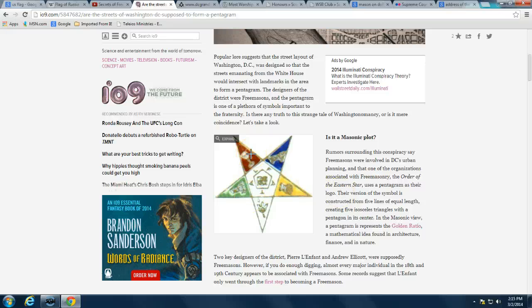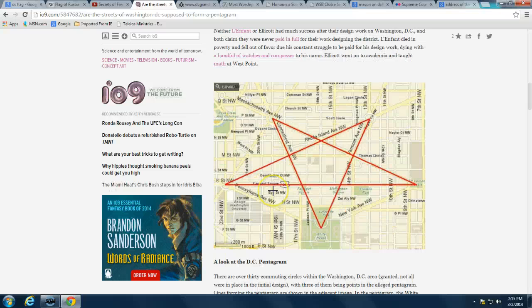Now, this is my own opinion that we call the nation her. So that has something to do with this. There's no doubt in my mind. Now notice the White House is here at the base, the fallen base, and the Freemasonic,